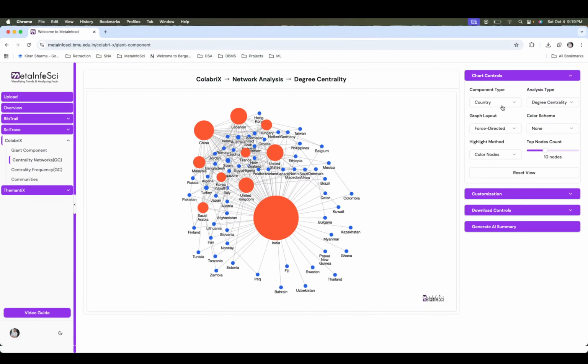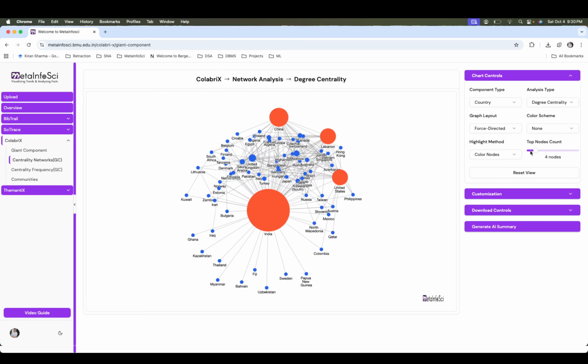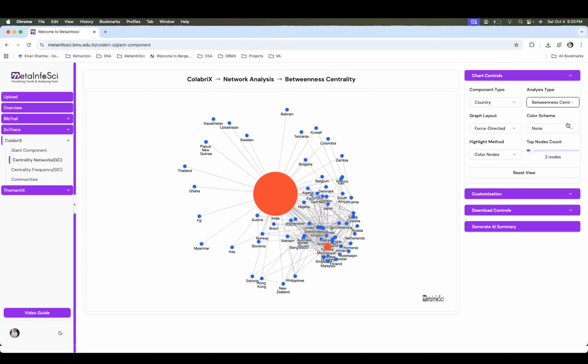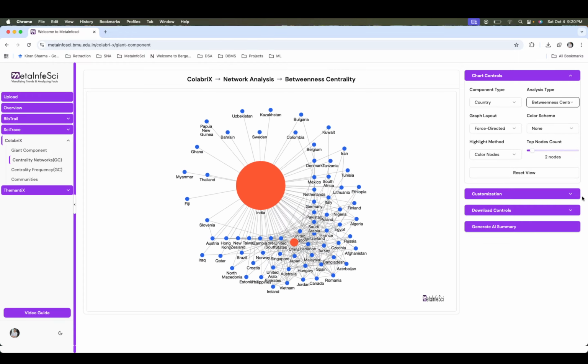In centrality network, we have four kinds of measure: degree centrality, closeness centrality, betweenness centrality, and eigenvector centrality. All four centrality measures have their importance. What does centrality give you? It gives us the important or the central nodes in the network. As you can see, the red nodes are the top nodes, which you can select and deselect from this counter based on the measure. If it is degree, it is based on the number of connections. If it is betweenness, then it is based on the bridges inside the network. As you can see, it changes, right?